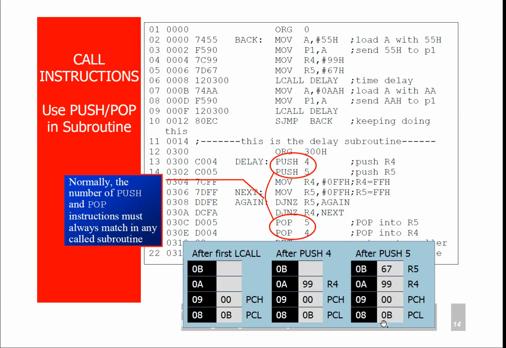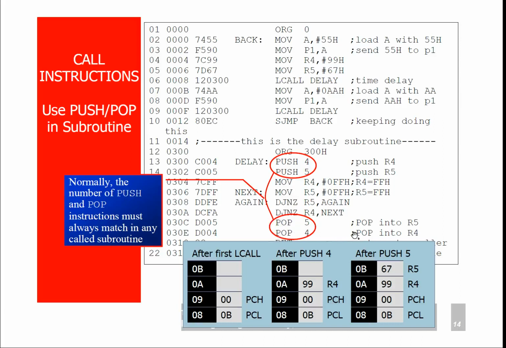So actually this is not the return address. Return address is available in the 08 and 09th location, because this is pushed very first, right? So before the RET instruction, whatever data was pushed onto the stack in the subroutine has to be retrieved first. So that means the next instruction is pop 5.